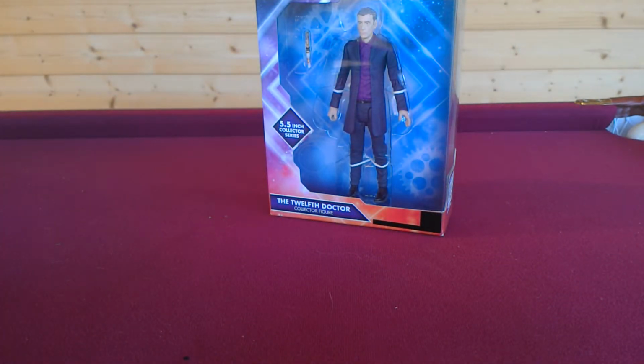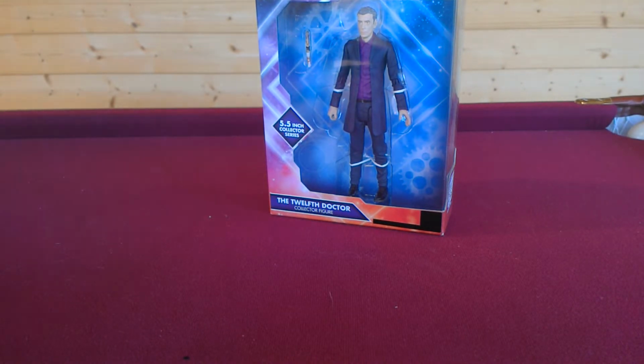My number 4 is the 12th Doctor figure from the Collector series with the purple shirt. This is also the second rarest of the 12th Doctor figures behind the Doctor in white shirt. As you can see, I'm really impressed with the detail, as this was actually my first Peter Capaldi figure. And of course, maybe I was a bit late to get hold of one, but it was reduced to just £7, so I don't regret anything waiting, especially that I managed to save at least half price on it, so